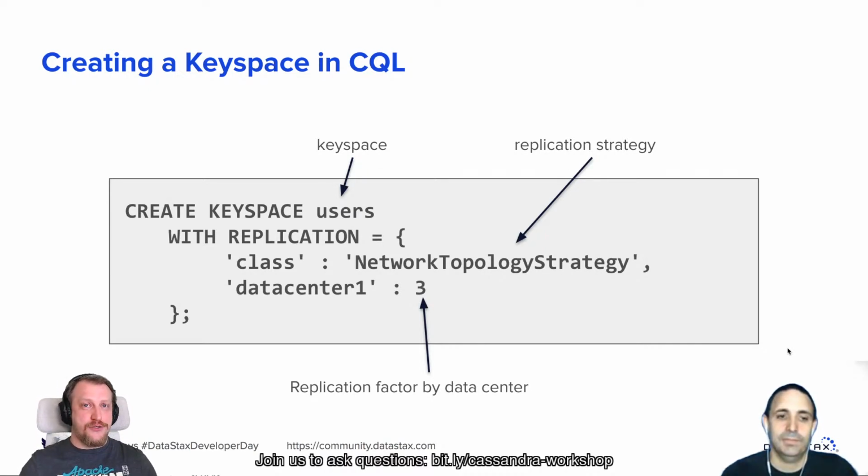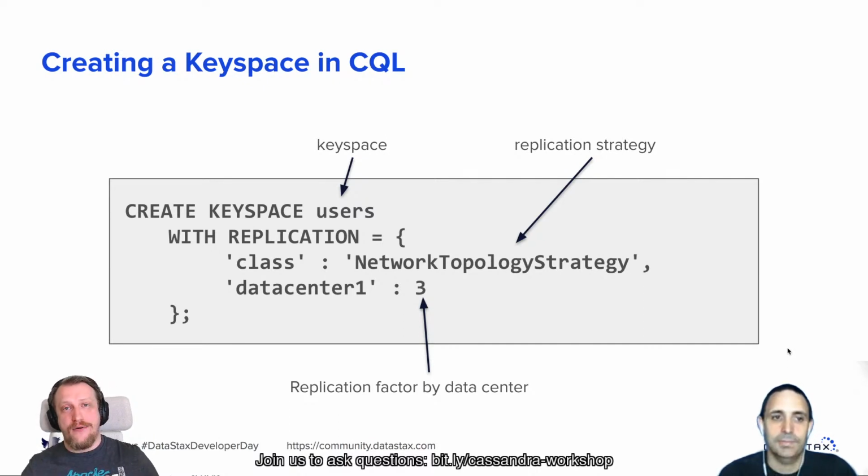And NetworkTopologyStrategy, as it says in the name, is a network topology aware strategy. So it's a deployment strategy which considers the network topology. For example, it considers your data centers. It considers server racks in your data centers and spreads data replicas over the data centers and server racks properly.